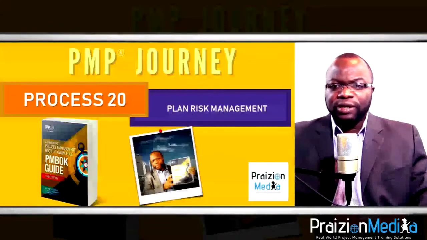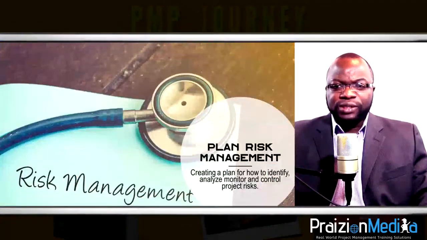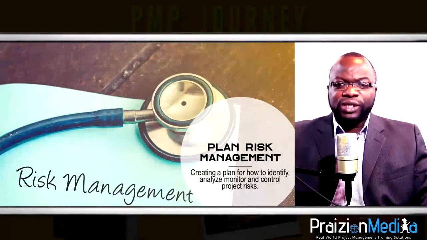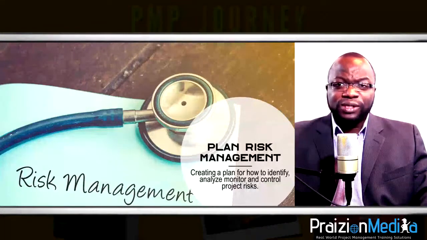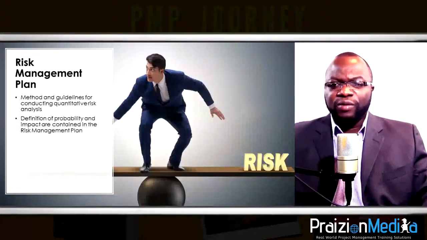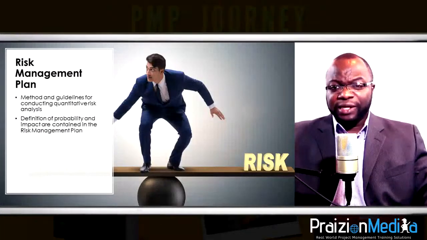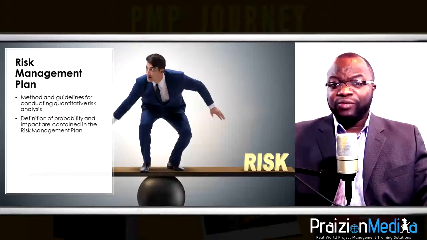Process 20, plan risk management. In this process, the project manager and the team need to plan for uncertainty that could impact the project. How are we going to manage uncertainty? So, the how is documented in a risk management plan, and then we execute that plan by identifying risks, our